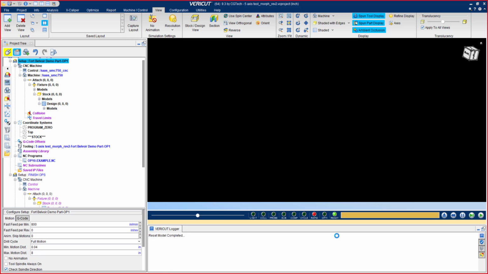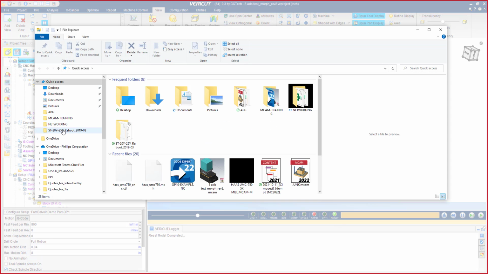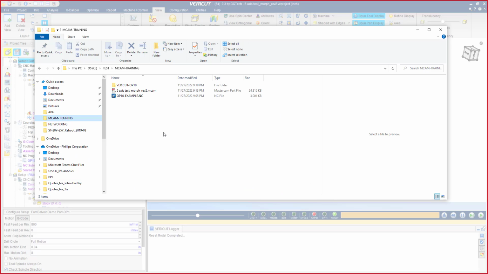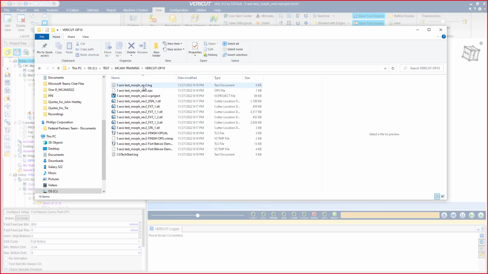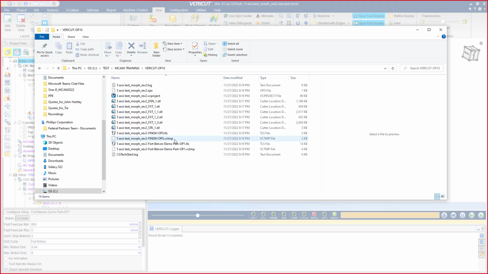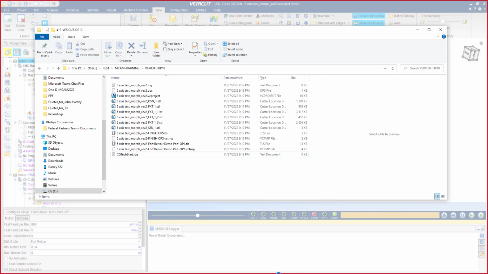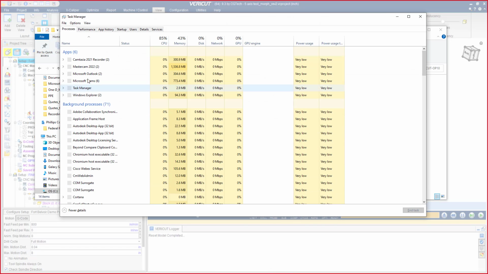Now, one of the things that it did do for us, or it should have done for us, I should say, is it did output our files. So I've got my tools, all this stuff. See if there's anything in the log file. And nothing in the log file. So